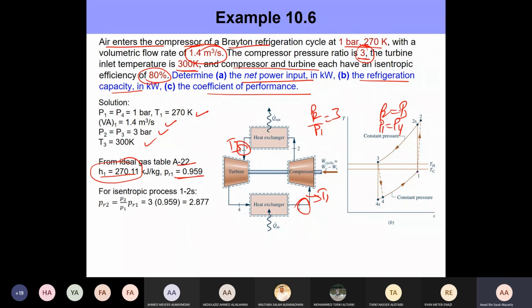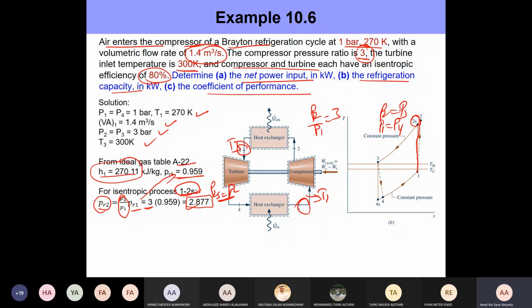Now, the process 1 to 2S is an isentropic process. So the pressure at P2S is equal to P2. So we're going to make use of this and calculate PR2 from here. Okay, PR2 by PR1 is exactly equal to P2 by P1 for an isentropic process. So using this value, which we obtained simply by making use of the pressure ratio, which was given as 3, and the PR1, which we obtained from T1,